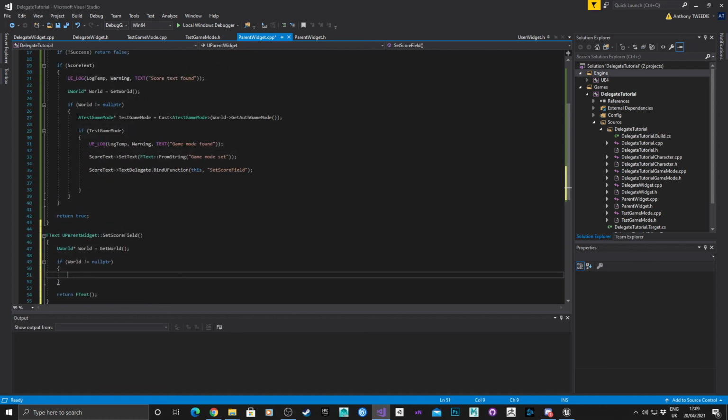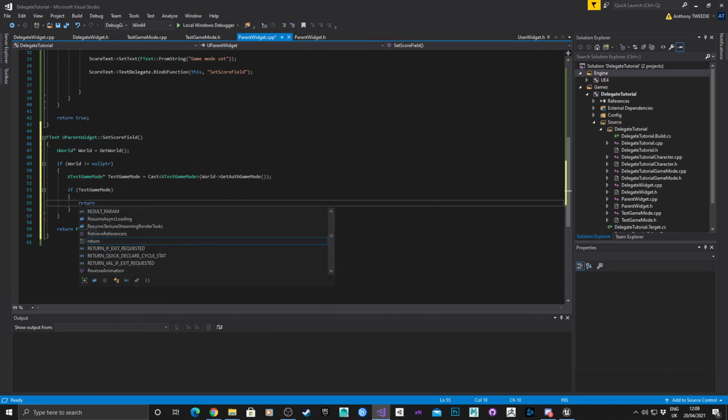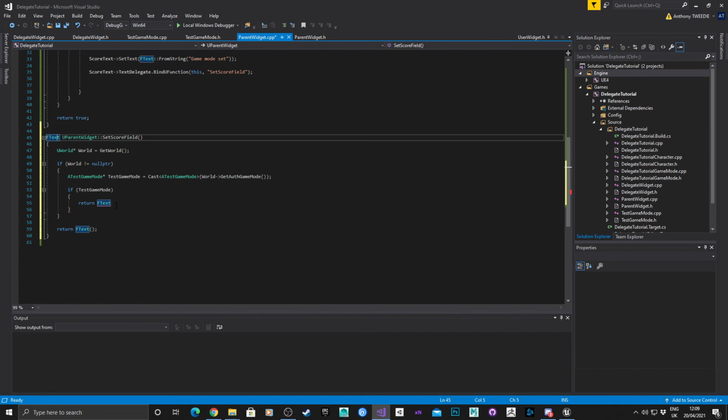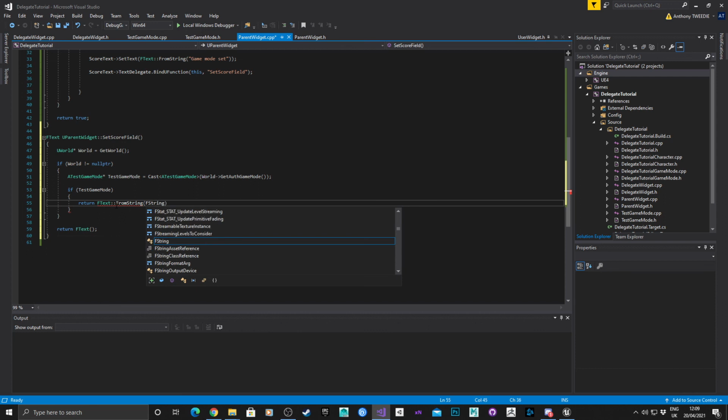So effectively we can just copy some of the code from above and paste it in there. If you missed anything, don't worry, I will be uploading a copy of this project to GitHub so that you can compare notes if you need to. As this method is returning an FText, we need to, in each parenthesis, tell it to return an FText. So FText::FromString, FString,